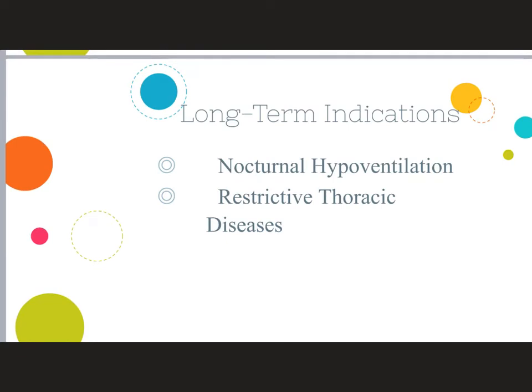So a couple of long-term indications would be nocturnal hypoventilation. So that's our OSA, CSA, and any sleep disorders. It's also indicated for restrictive thoracic diseases. We want to help increase their tidal volume. So neuromuscular patients, obese patients,